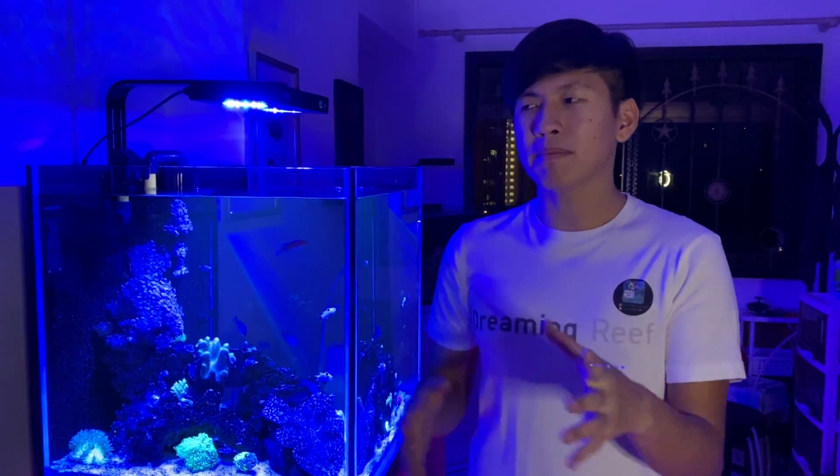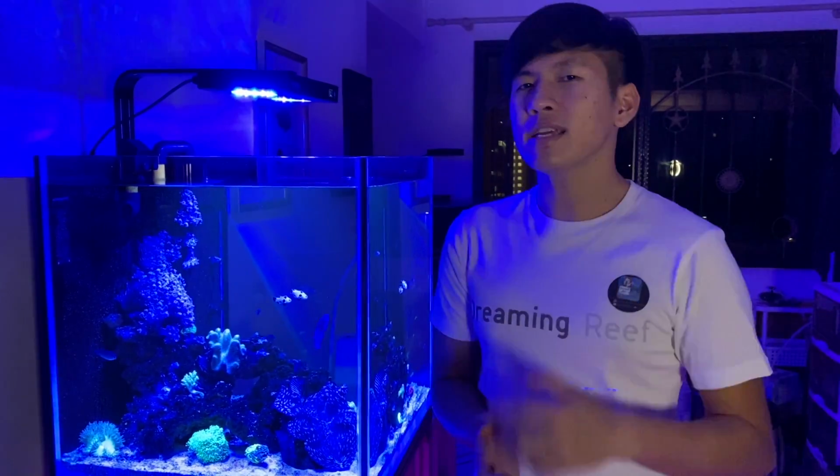But then we managed to rectify that problem by manually siphoning, cleaning, and scrubbing, and most of that is now pretty much gone. You still see some little turf algae that is still there, which takes a while. This tank is pretty new, only about 7 to 8 months old. The second thing that happened was, about a month or two months ago,